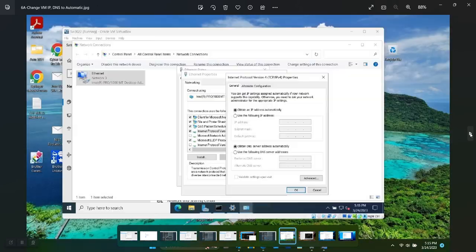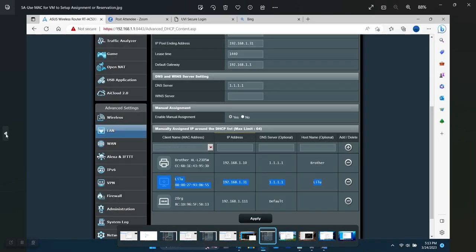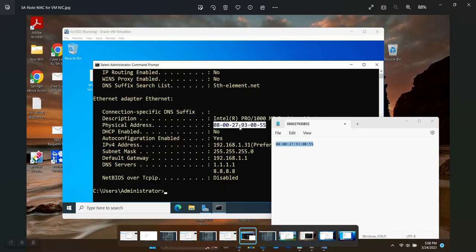To do that, you open up the IPv4 properties and assign this statically. That's what you do. Once that's done, you should be able to see it on the screen from the command prompt when you issue an ipconfig. So if you capture this screen and it shows your new MAC address,